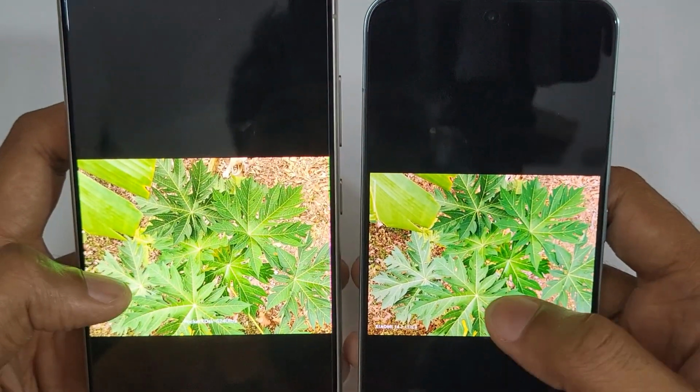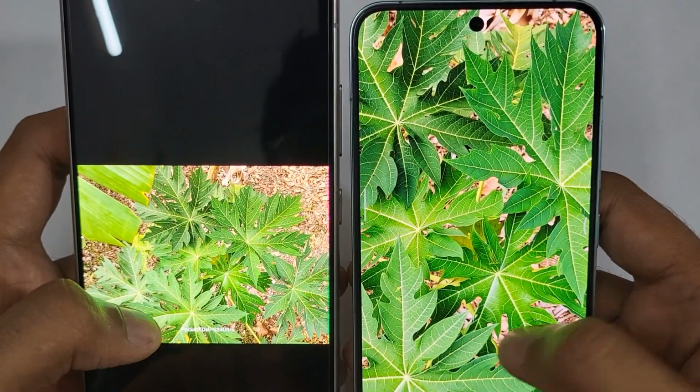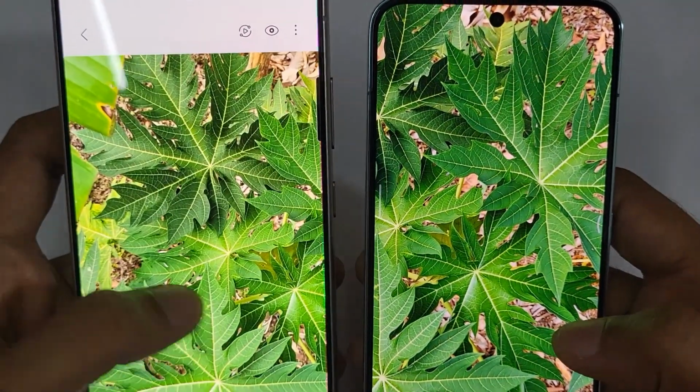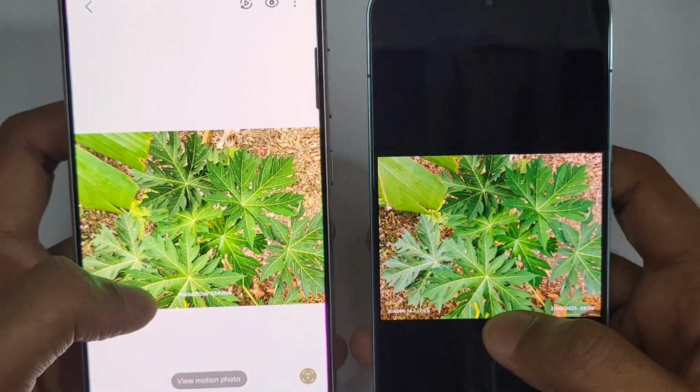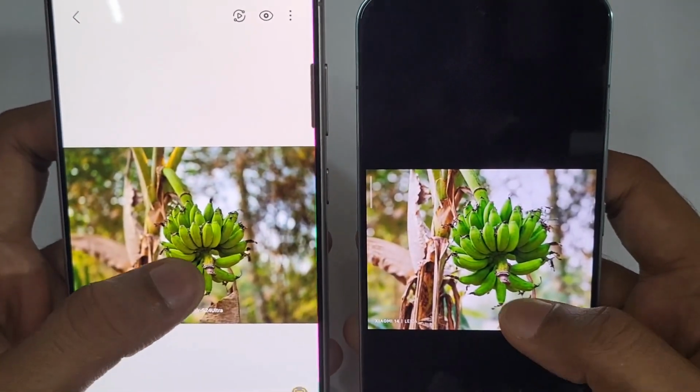And in this shot, you can see again the saturated look is on the Xiaomi 14. Naturally, it is produced by the Samsung. Okay, so that's only a minor difference. So excellent job from Xiaomi. And wow,